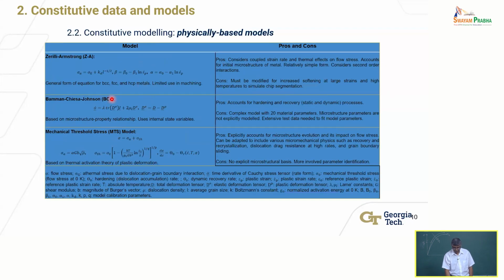Versus physically based models. These are microstructurally inspired models, right? Dislocation type of models that are based on what's happening inside the material. So the Zerilli-Armstrong model is one model that does this, that is inspired by what's happening inside the material. There are other models here that I've listed. MTS is one very common model that people use in the computational mechanics area. So there are models available, okay?